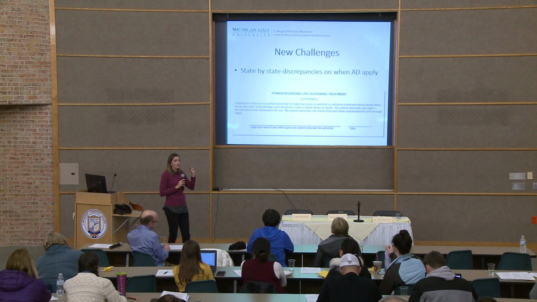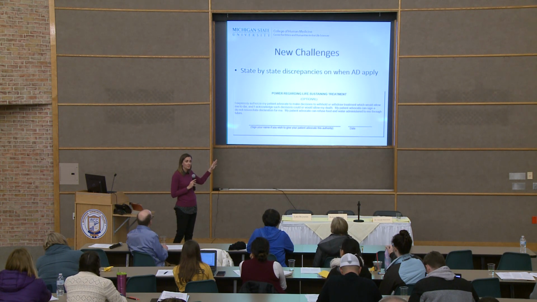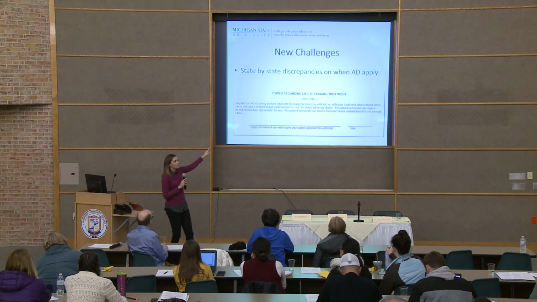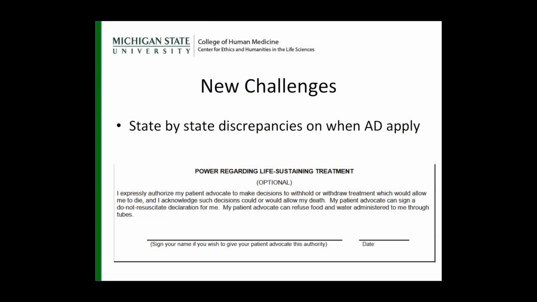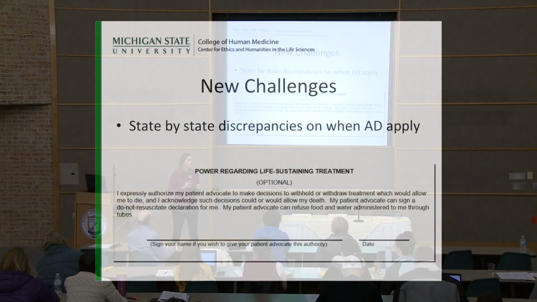But there are some states that have very specific requirements. So in Michigan, you have to acknowledge that your patient advocate could make a decision to stop treatment, and that decision might mean that you die sooner, which kind of seems like duh. But you actually have to sign a special place, and so hopefully it's in your document. You have to have this wording, because we had a lawsuit, as all good things happen. And so this was sort of the Coalition on the Right to Life, making sure in Michigan that people really did understand the consequences of these decisions.